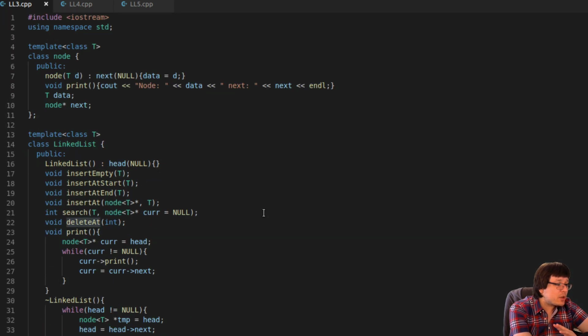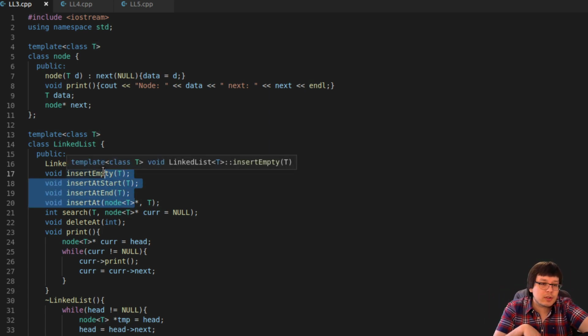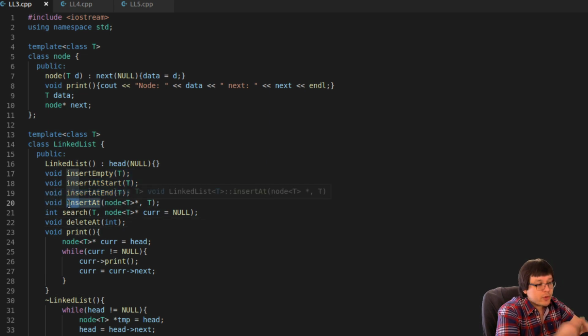At this point, I've shown you pretty much how to do anything in the linked list. The only thing you haven't seen technically yet is a sorted linked list, which is just a variation of this. If you're interested in seeing code for that, you can watch the summer lectures. Last time I focused on that. This time around, I focused on just making everything separate. But it would be very easy to convert this into a sorted linked list. You just basically use the search function to search where to insert.